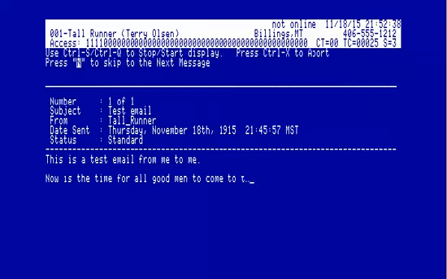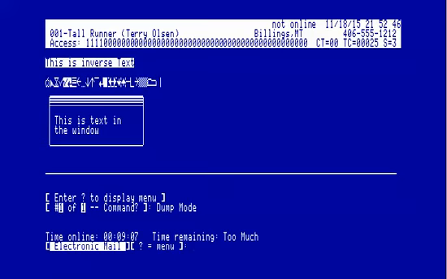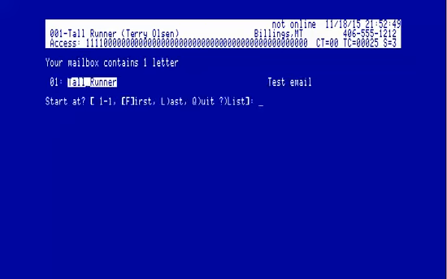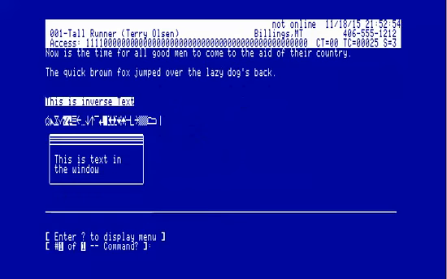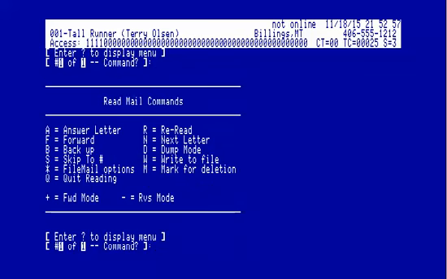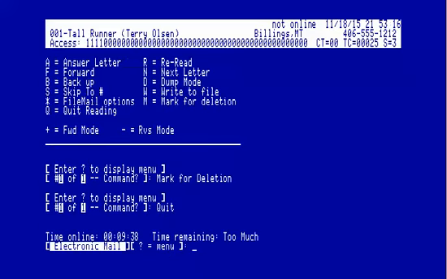Now I'm going to read my mail. Start at the first one. There's what I just wrote. Boom. Okay, so now I'm going to delete it. No, I don't want to delete it. Read. First. Okay, now we're going to go next one. Forward, backup, quit reading file mail options, mark for deletion, write to file. Oh, mark for deletion. See, I forget how this stuff works. And then we go quit,